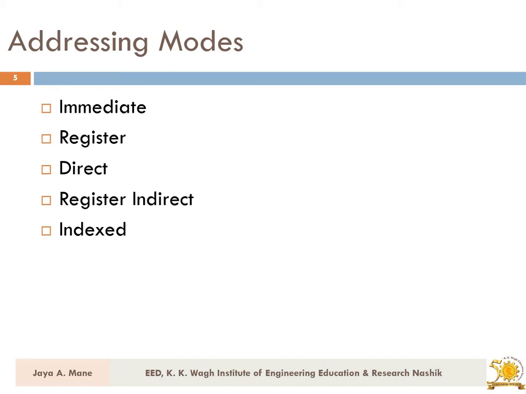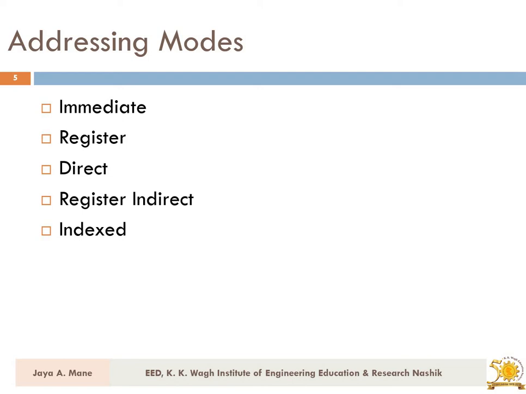This job becomes tedious when you have thousands of locations with you. I'm talking in relation to that. If you have only a few numbers with you, then that job is very easy. But when you have thousands of locations, thousands of numbers with you, then that job becomes a tedious one. So there we give a name to some location, allocate names to the locations, and that makes the job easier. That is how the addresses are given. So that is what is called your addressing modes.